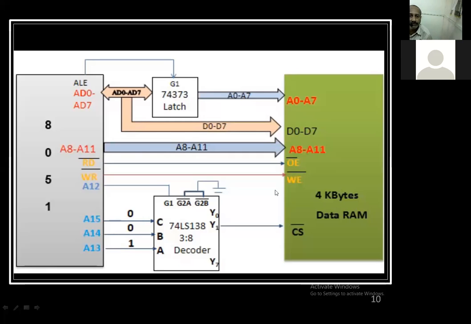So 8 students have given an instant response. That means they have at least tried at home. That is, for the 2K ROM, how the address mapping will be. Okay, 10 students. Very good. What about the others? Even though you have not tried, you are supposed to find it out here. I will give 2-3 minutes, because I know what is needed to find the answer. If you have already solved it, then no time is required to give the answer. It may be in front of you only.